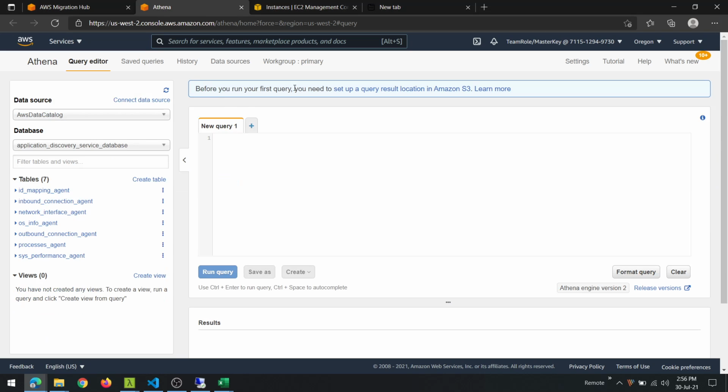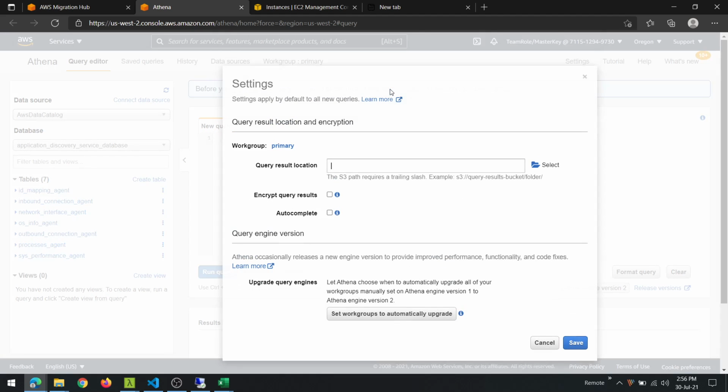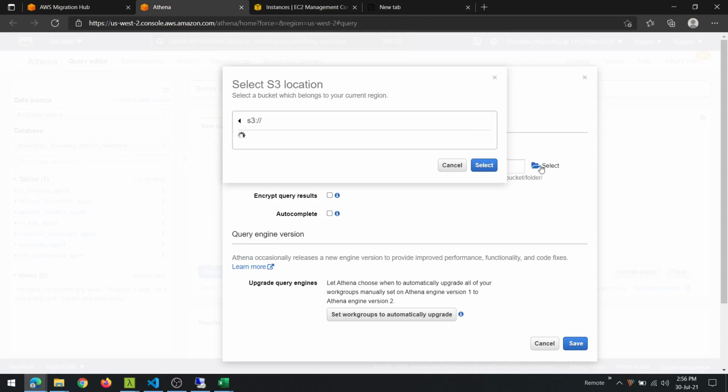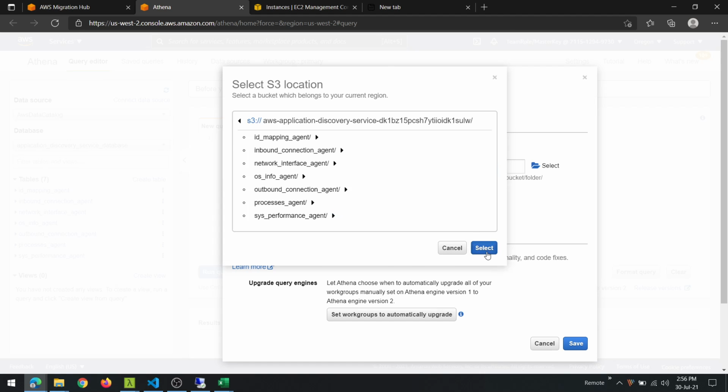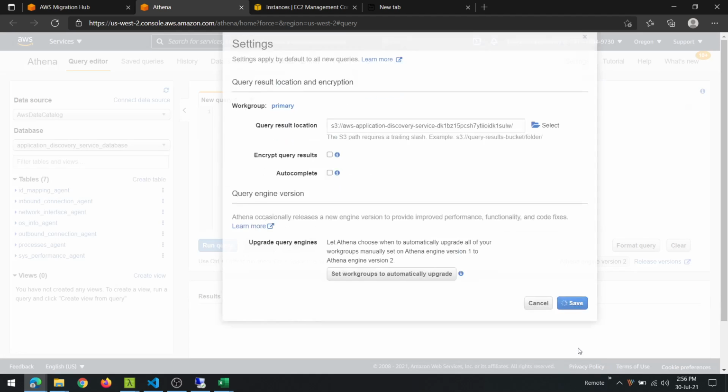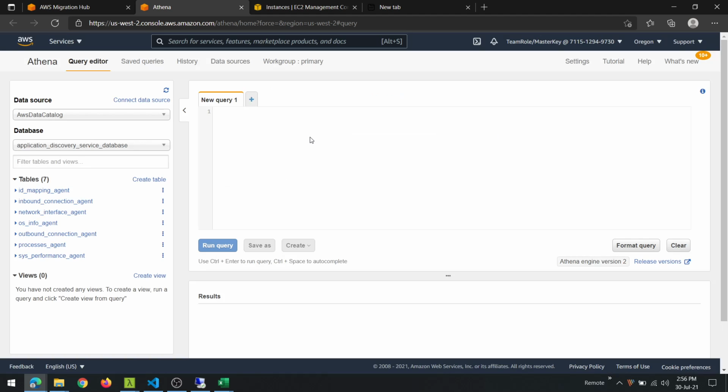But before you can run your first query, you need to set up a location in Amazon S3 to store the query results. So here you can select something that the CloudFormation template would have automatically created for you. You save it. And now you are ready to run some queries against the data that is discovered by the ADS agents.